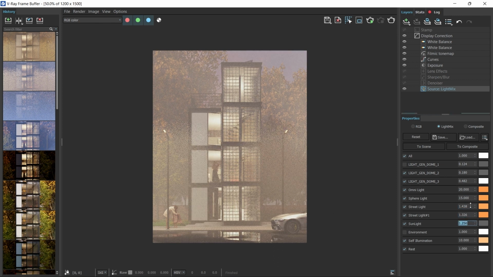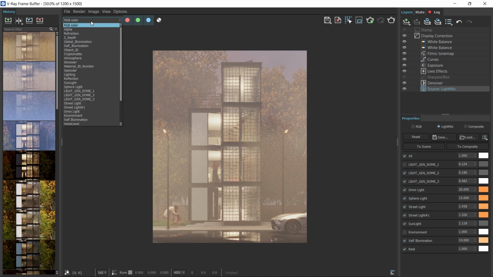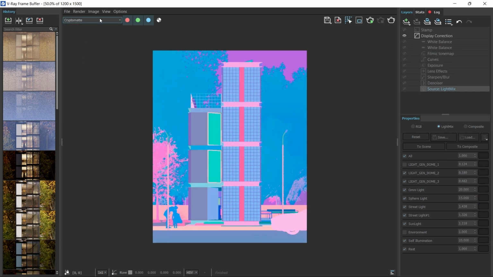And maybe just increase the sunlight a bit more. Alright, this looks good. And now what I'll do is set it up and change the colors and so on since we've rendered our render elements. So if we go to Crypto Matte, you can see that assigned different colors, material ID number,